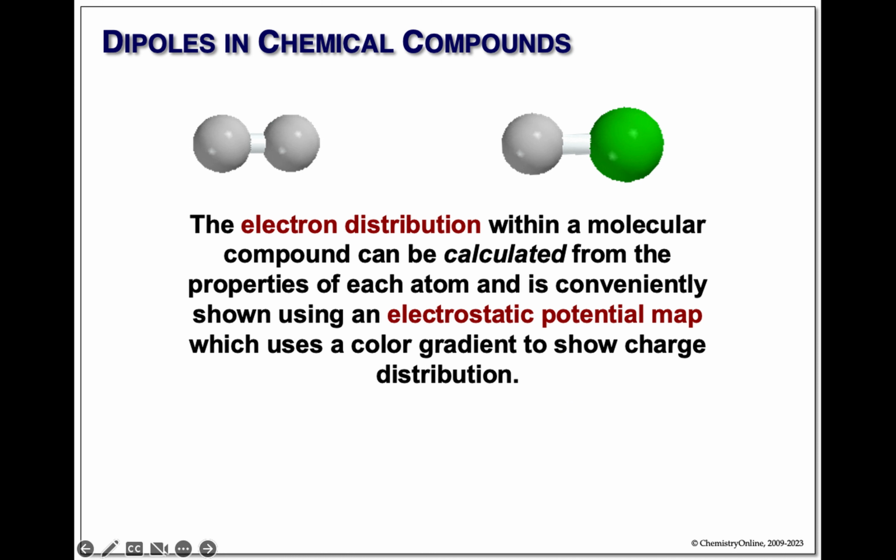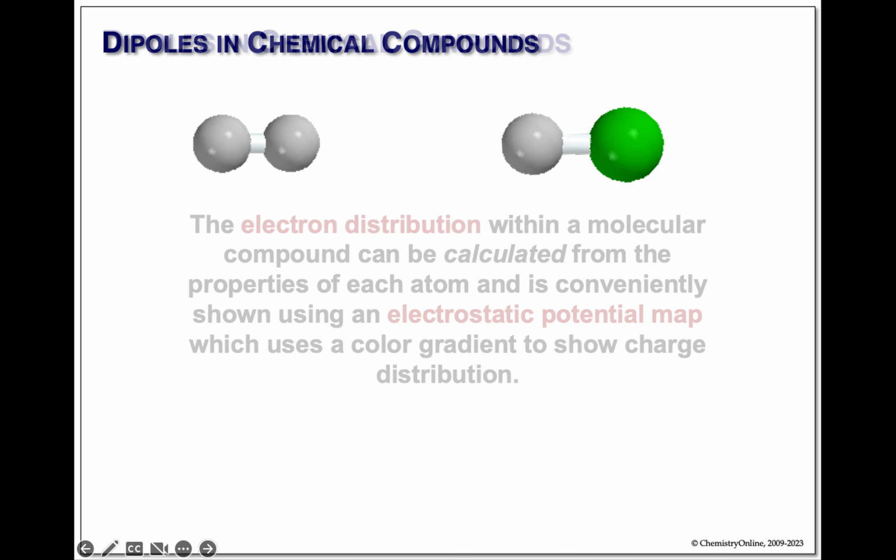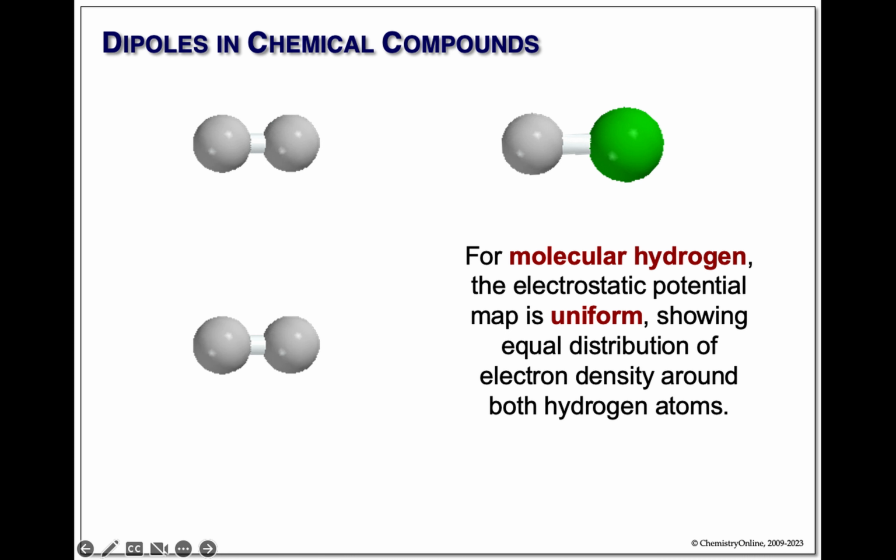The molecular orbital will tell you where the electrons are around a molecule. Let's do this first with hydrogen. First of all, we tell it to take our two hydrogen atoms bonded covalently and calculate where the electrons are. It will do something like this,